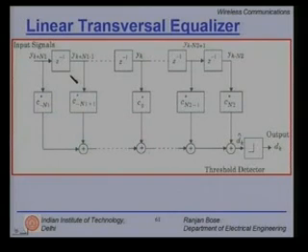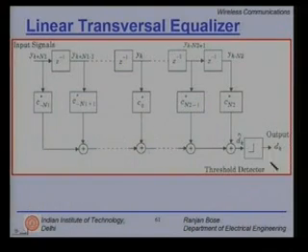Again, can D hat be a complex number? Question being asked is, can D hat be a complex number? The answer is no. At this time you have taken a decision about the bit, so it is already decided. So, this will not be complex. And prior to that it can be complex. So, all these can be complex. Clearly they are complex, you are multiplying with a complex number, but whatever you do, at the end you have to take a decision here, and for a very simplistic binary case you are coming up with a 1 and a 0 here.